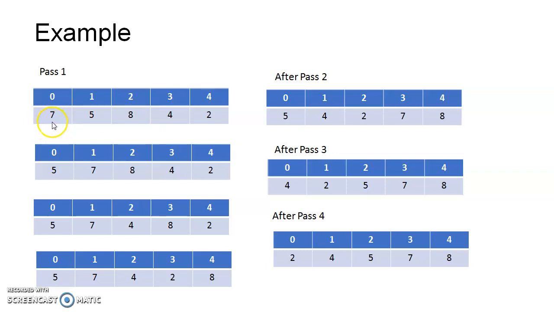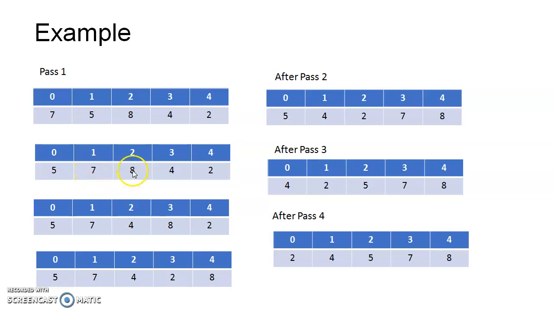Now, in case of bubble sort, the comparison is with the adjacent element. So in the first pass, i will be initialized to 0, n value will be 4. And there are 5 elements, so there will be a comparison of adjacent elements. So 7 will be compared with 5. Now as this is ascending order sorting, the smaller value will be appearing first. So the first value is greater than the second, so there will be a swap operation. So 5 and 7 will be swapped.